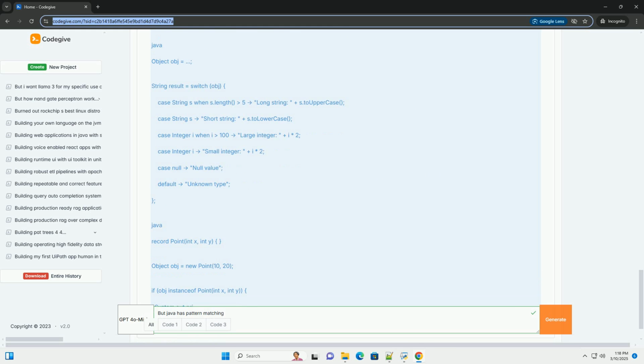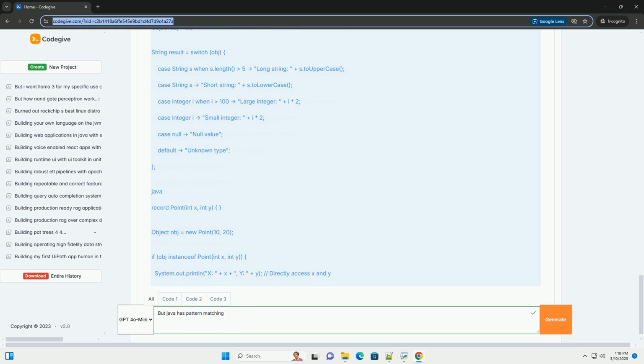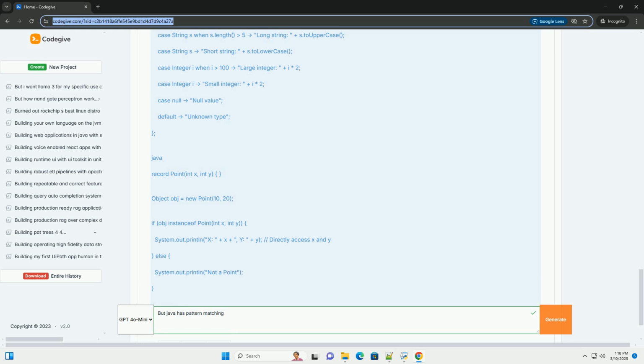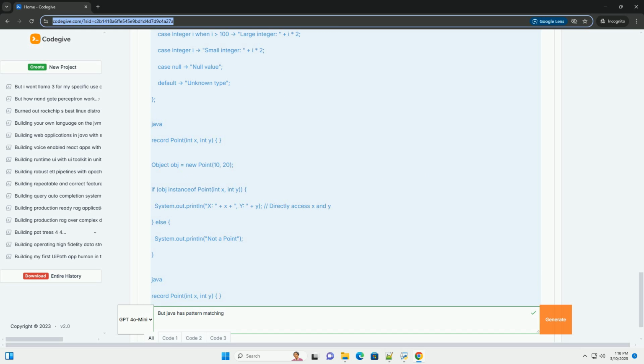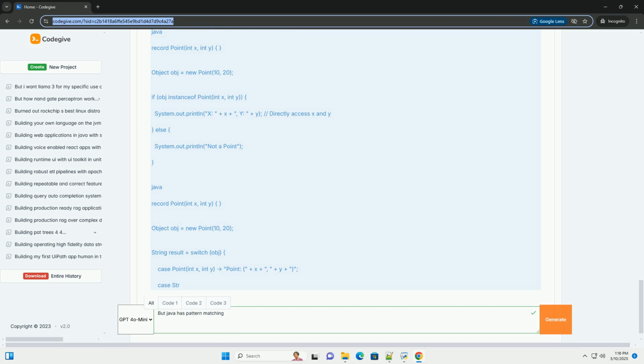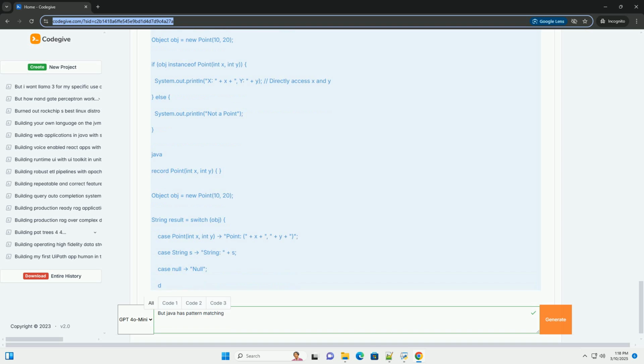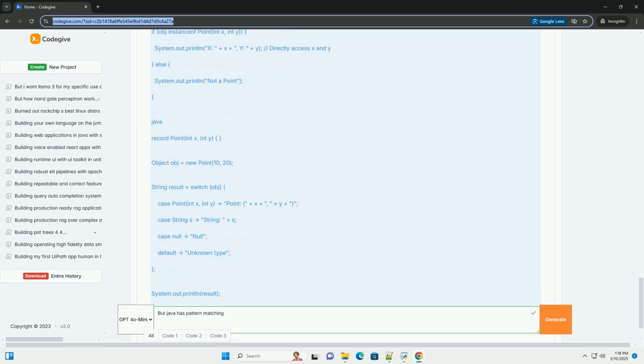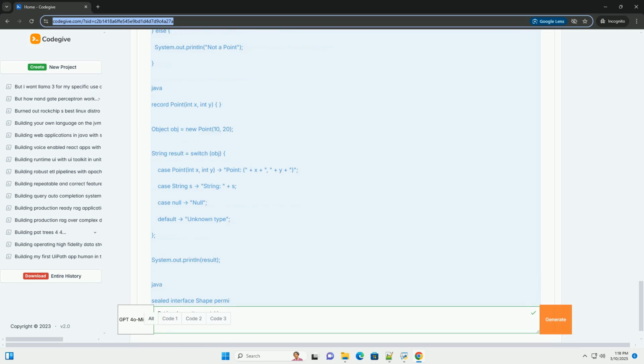Pattern matching addresses these issues by combining type checking and variable assignment into a single, streamlined operation. 1. Instanceof pattern matching, Java 16. Java 16 introduced the instanceof pattern matching, which drastically improves the example above. The improved code looks like this. Key improvements: